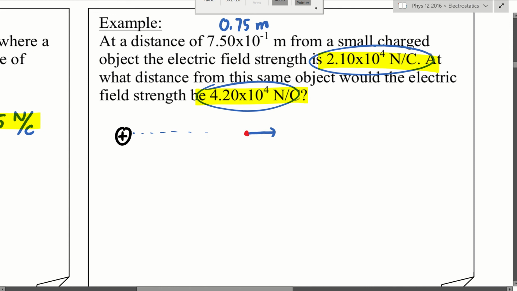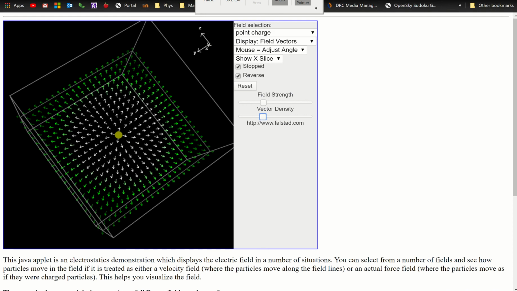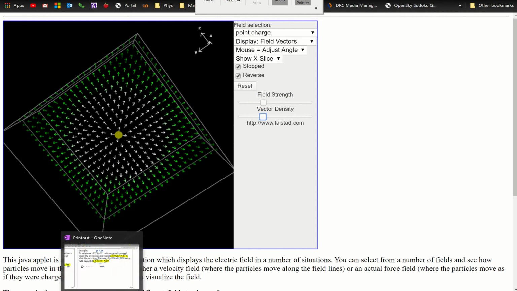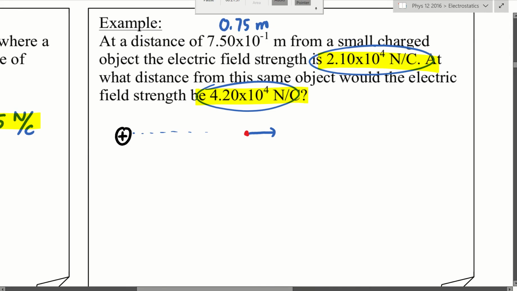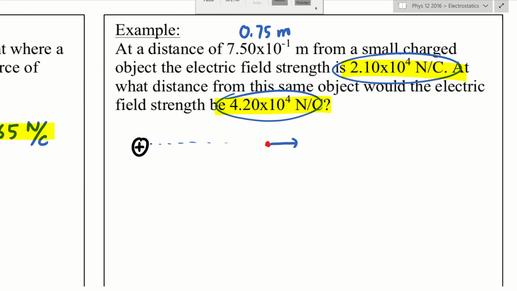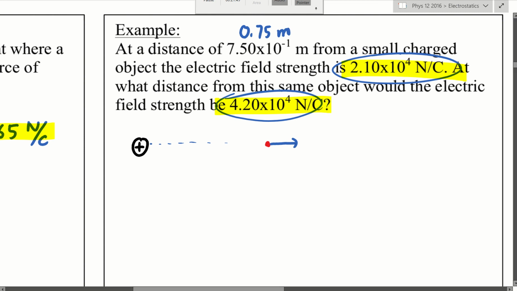So remember, we're drawing one of these arrows, okay? We know that it is going away from the charge. Let's say we put it on the right hand side, then it will be going to the right. And this is how strong. So this is the original strength, which is